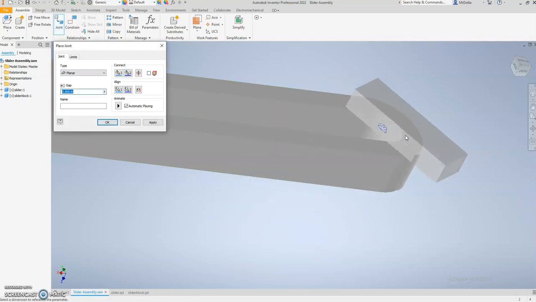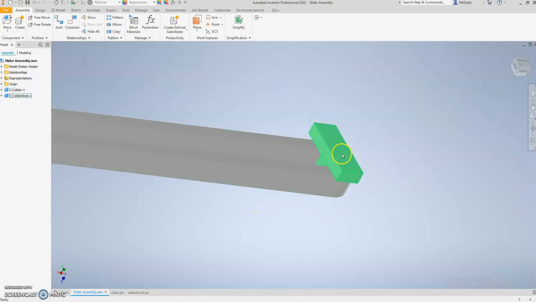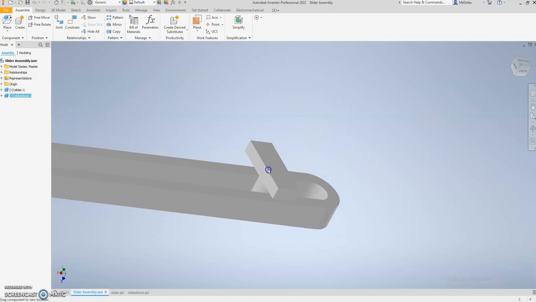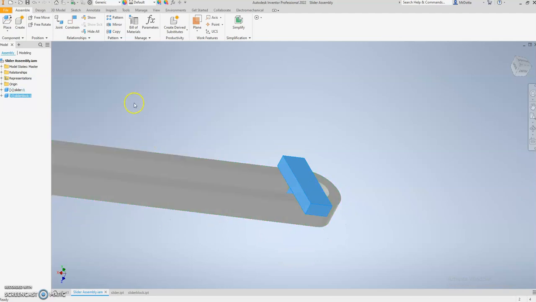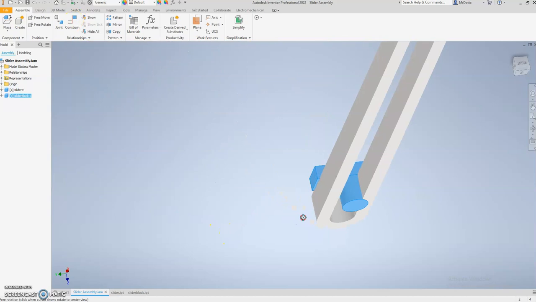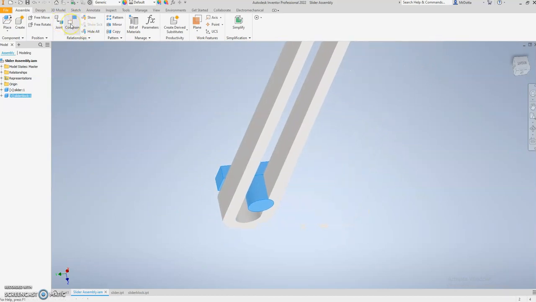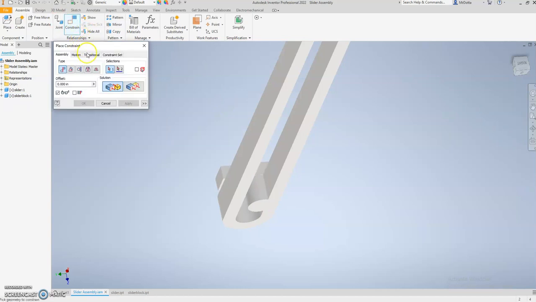So now when I click on that, you can see the animation that takes place, which is really nice to show you that it worked right. I'm going to say apply and cancel. Now, currently this is still not staying exactly where we want it, obviously. So we need to do one more constraint. And we're going to use this one for that. And it might be a little confusing. You might be thinking, well, you just said constraint locks things in. Well, it does, but because we just did this planar joint, and now we're going to do a transitional constraint,